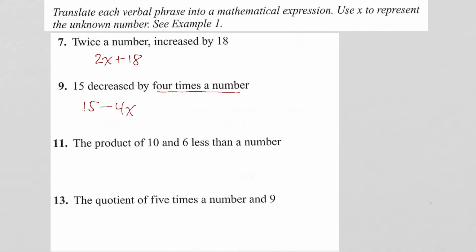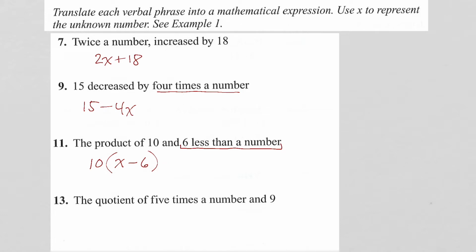All right, the product of 10 and, so we have to put a parentheses because this is what we're doing. The product of 10 and, is 6 less than a number. So here's the number, 6 less than that is that, and the product means the 10 is being multiplied by